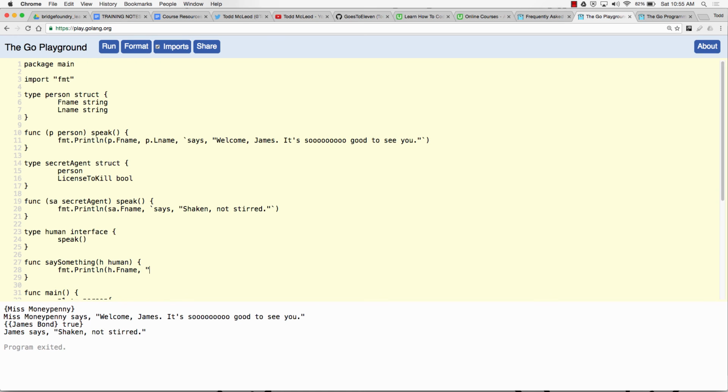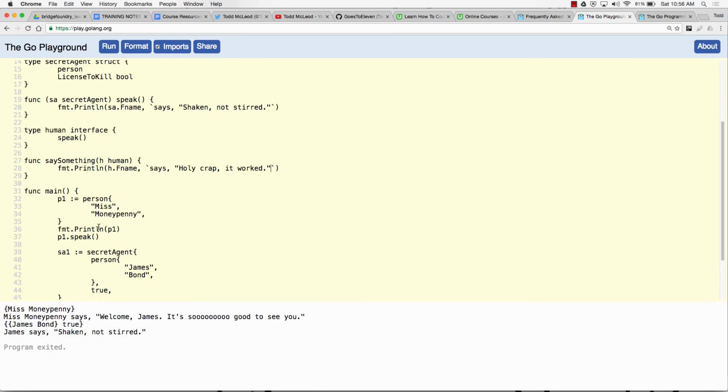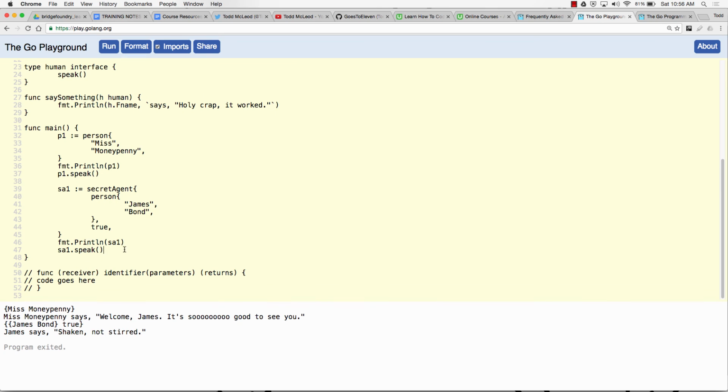We'll try this and see what happens. So I could call say something, and I could pass in P1, and I could call say something, and I could pass in secret agent 1. Because they are both of type human.